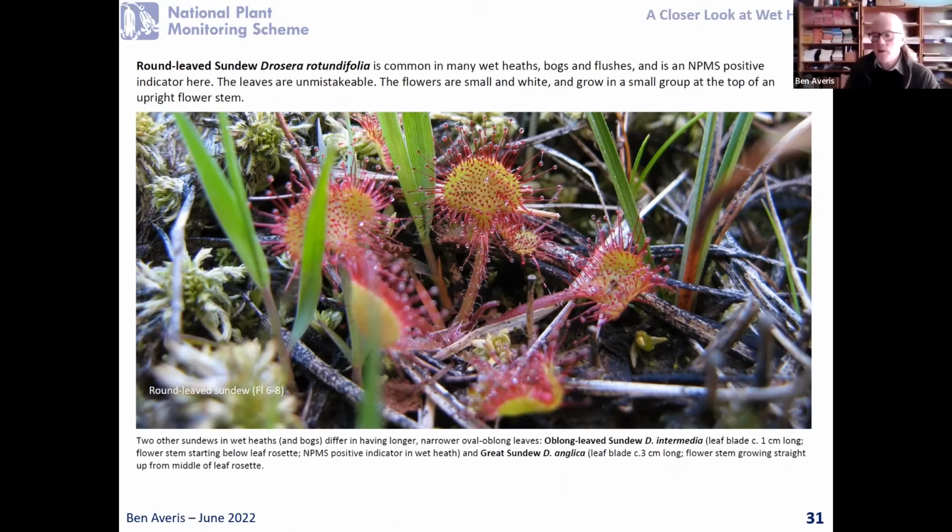And there are a couple of other species of sundew that are less common, whose leaves are longer and relatively narrow. I've mentioned those down at the bottom. We can get them all in wet heath really, but yeah, by far the commonest one is the round-leaved that we're looking at there. And it grows in various other habitats as well, flushes, occasionally in bogs too. You find it quite a bit in bogs, wetter bogs. So the next